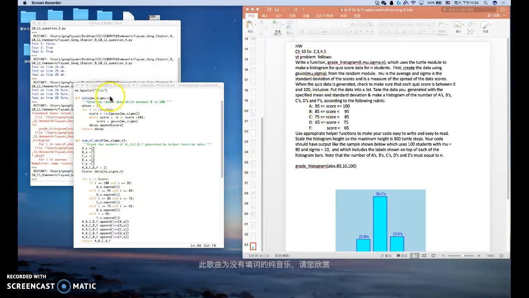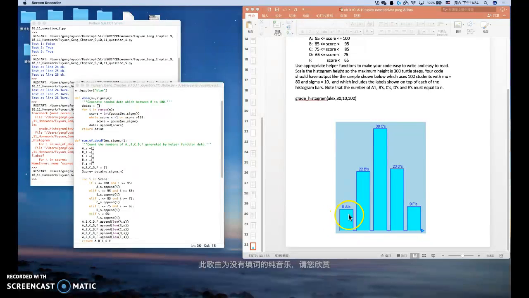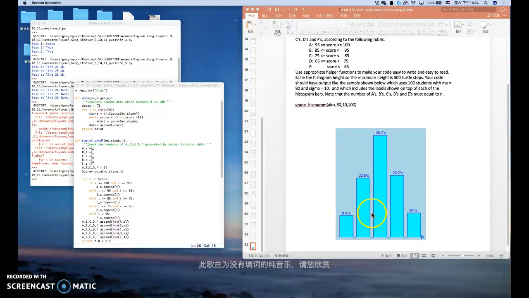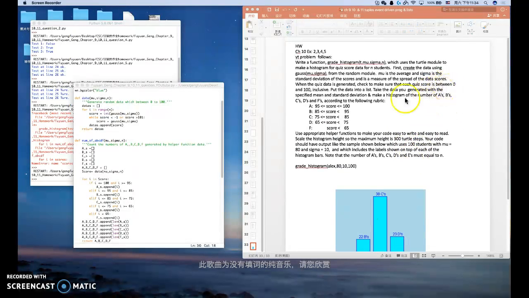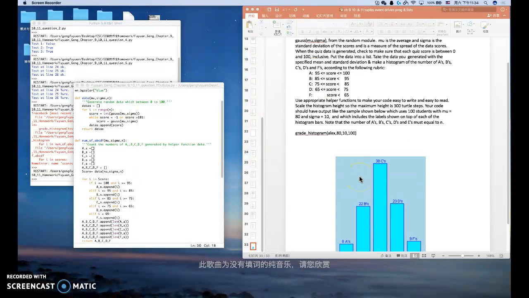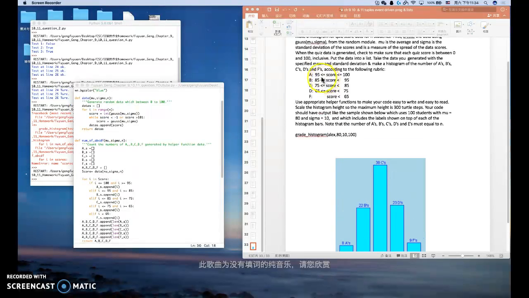Today's YouTube is about writing a function like grade histogram. So we should draw the picture like that. It should include a help function that chooses the grades which satisfy 0 to 100, and it should be in a list. And we should count the number of people who satisfy each grade like A, B, C, D, F, and then add the number into the top of the